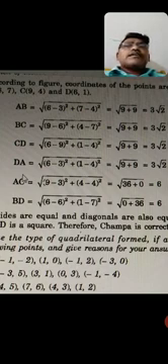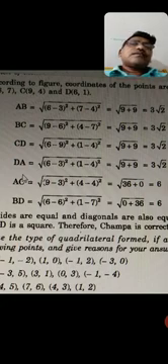We found the length of all the sides by using the distance formula. By finding the sides only, we cannot decide that it is a square. Maybe it is a rhombus, because in a rhombus also all sides are equal. But the main thing you need to remember is that only one thing is different between the square and the rhombus.